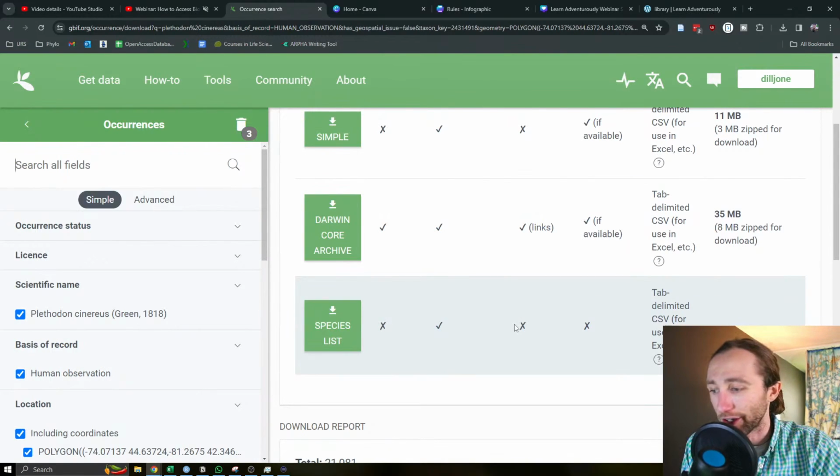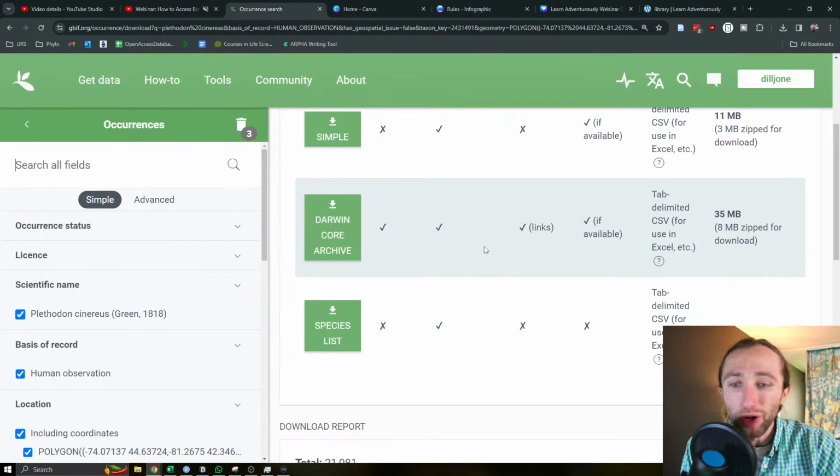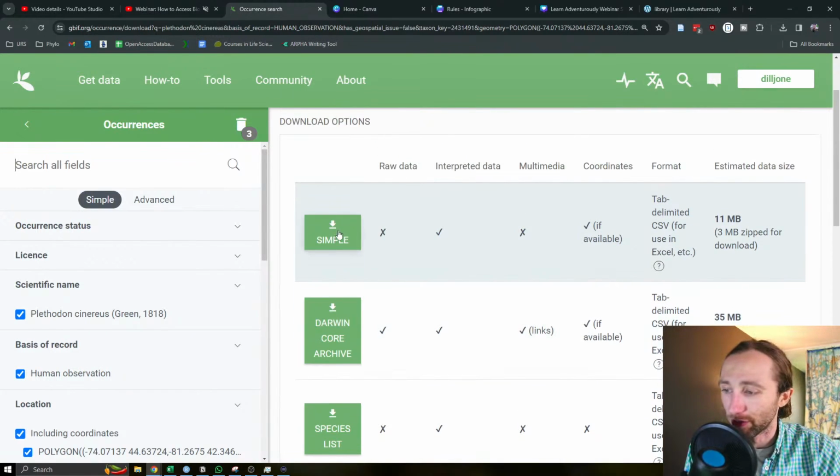So this is really good. I see this used a lot for people who work for, say, a nature center or a particular region. This is how they can say, here's all the species that are found here, right? Super, super easy. Whenever you select whichever one you need, all you'll need to do is click on the little